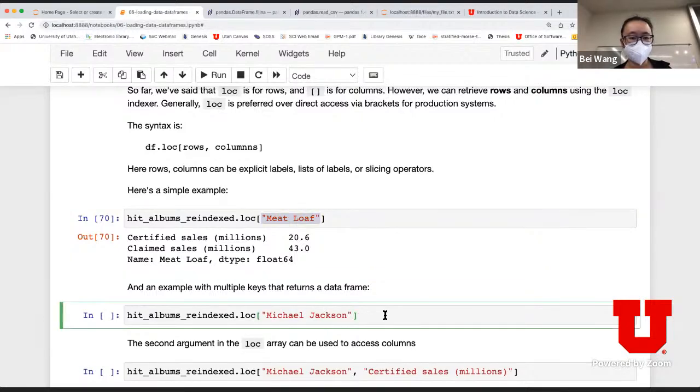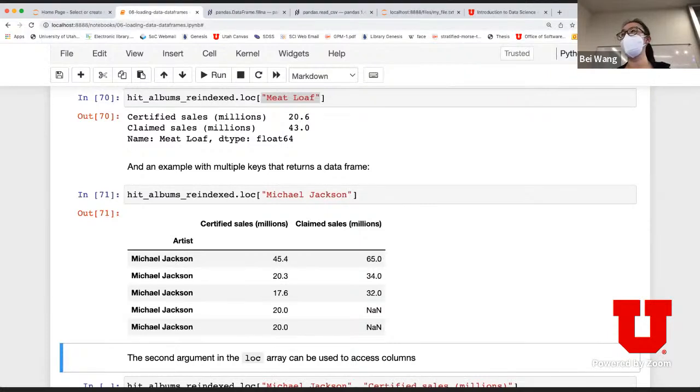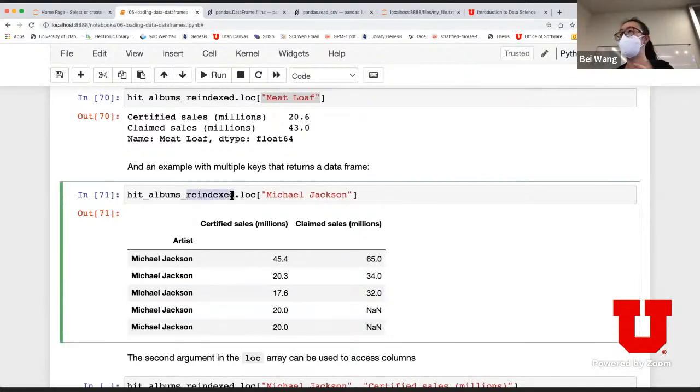If I do Michael Jackson, remember this is re-indexed, so Michael Jackson is now my index. It's going to return all the records associated with Michael Jackson. So remember this is an index, so it's going to say there are 5 records of it.